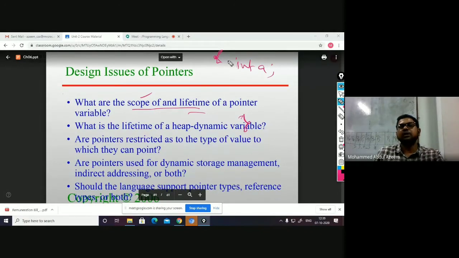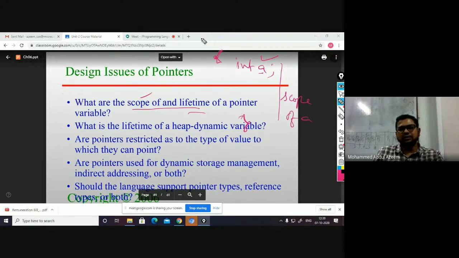Blocks are represented with braces in the C programming language. This is the part of the text in which A is visible and accessible, and this is said to be the scope of A.